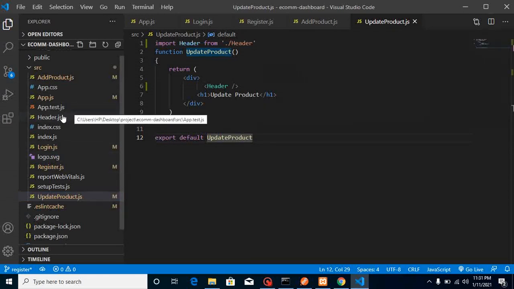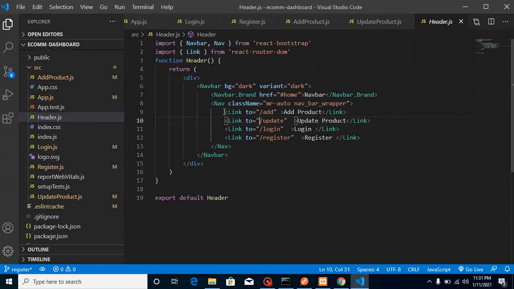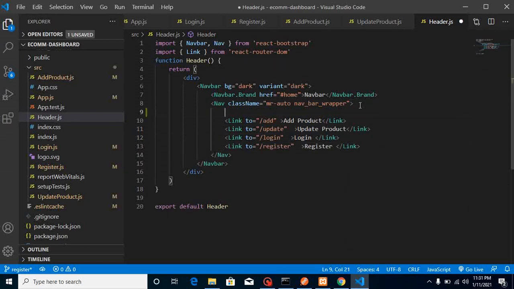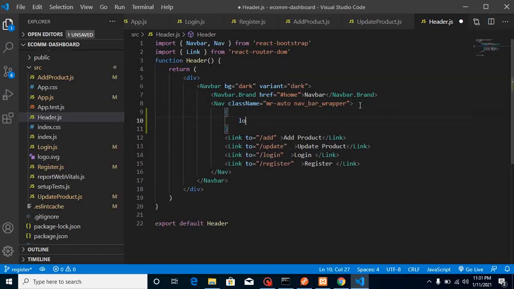Where is the header? Yep. And if the user is logged in, then we can show these two pages. Otherwise, if the user is not logged in, then we can show these two pages. So now just write here local storage